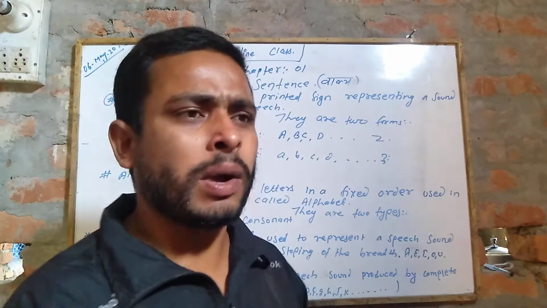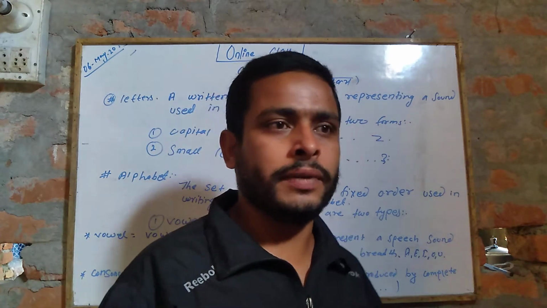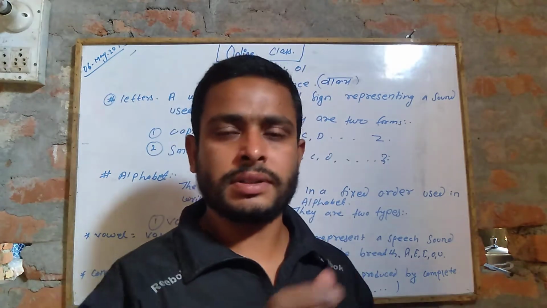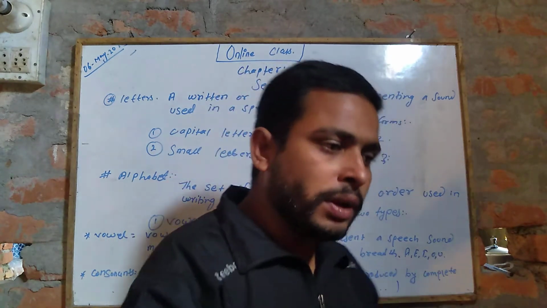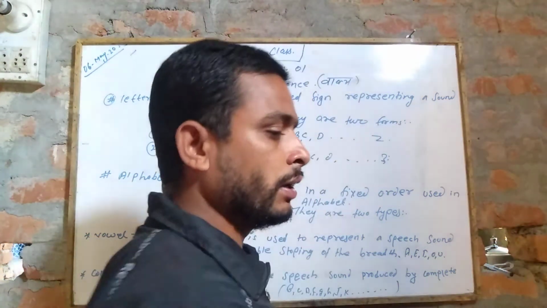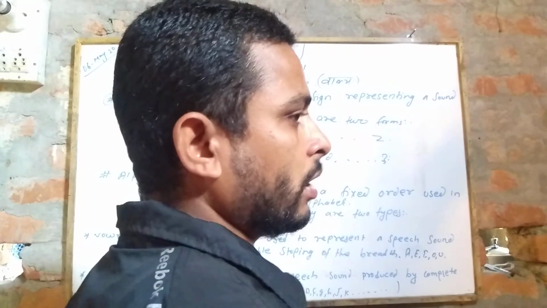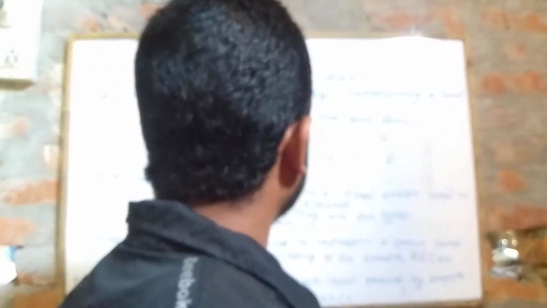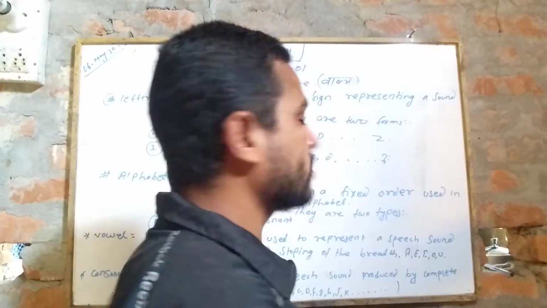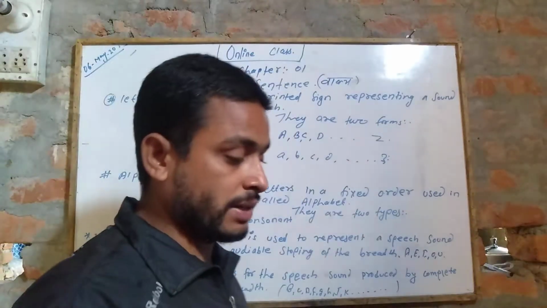Sentences. We know sentence is vakya. Ram is a good boy. I have a pen. I have a dog. Before knowing all of this, let's know how the sentence is formed. Before starting the sentence, let's discuss the letters